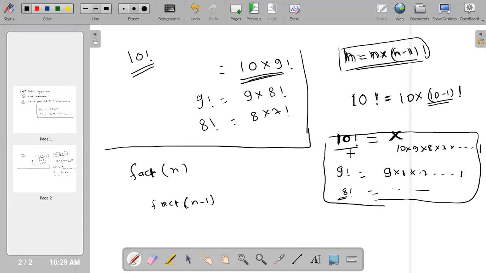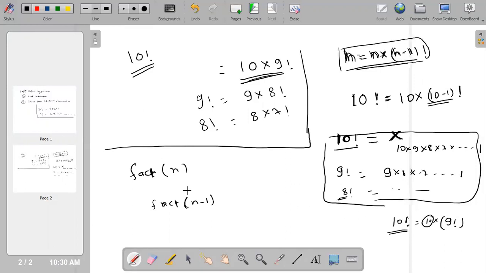If I have to calculate 10 factorial, and I get the 9 factorial, then if I just multiply it with 10, I'll get the factorial of 10.